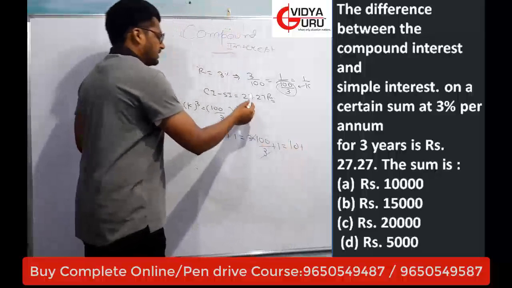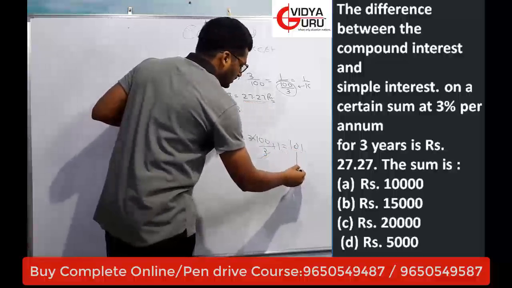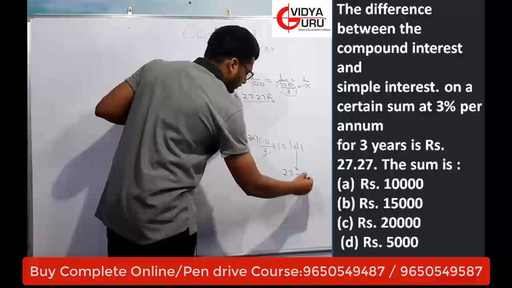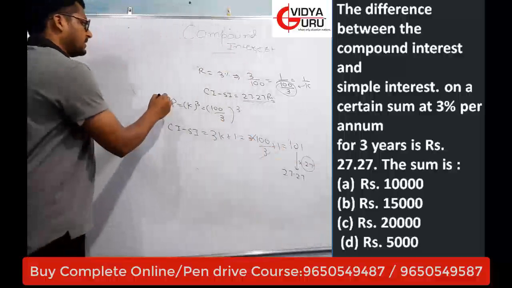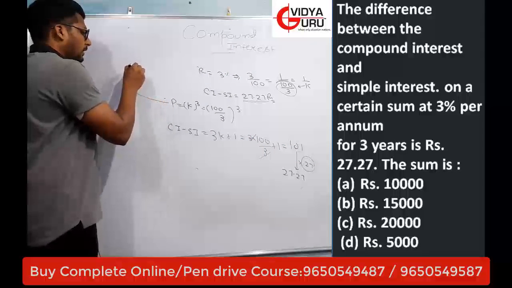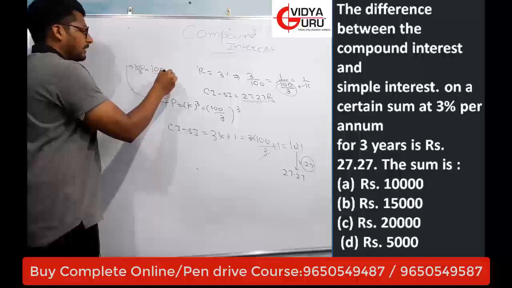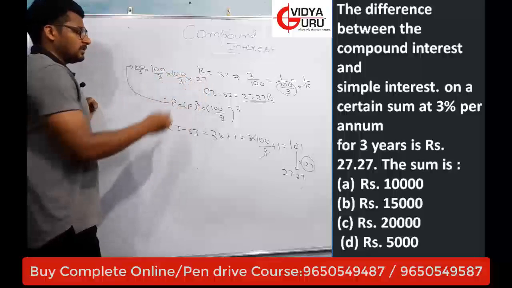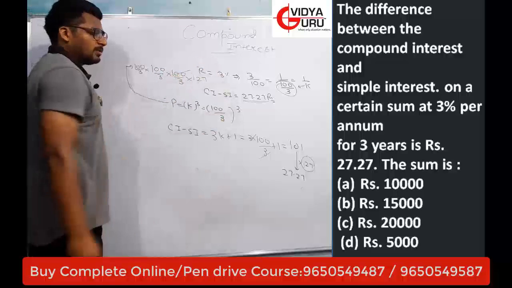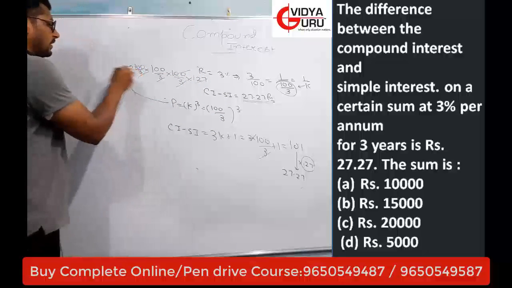And according to the question, CI minus SI is 27.27. The value of 101 is 27.27, which is 0.27 times. So the principal will be 100 by 3 into 100 by 3 into 100 by 3 into 0.27. These 100s will be cancelled out by these 2 points, and 3, 3, 9, 3, 27. And the answer will come